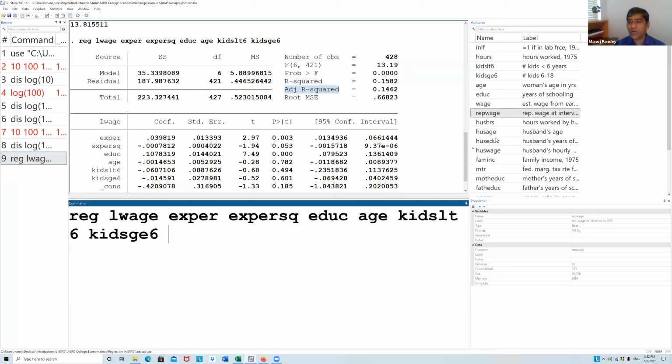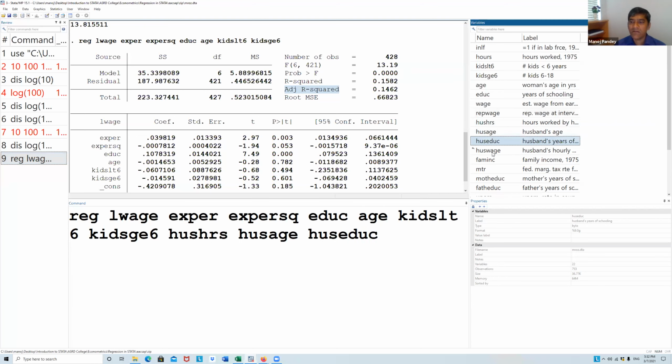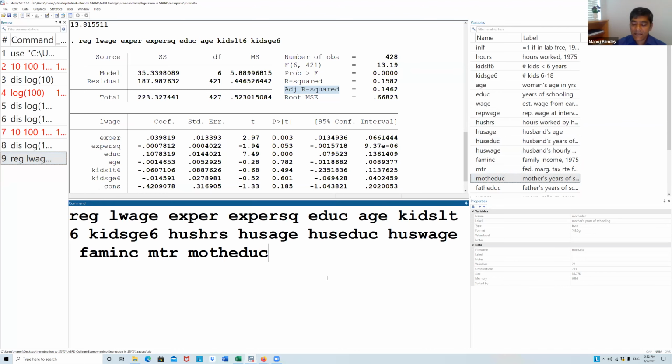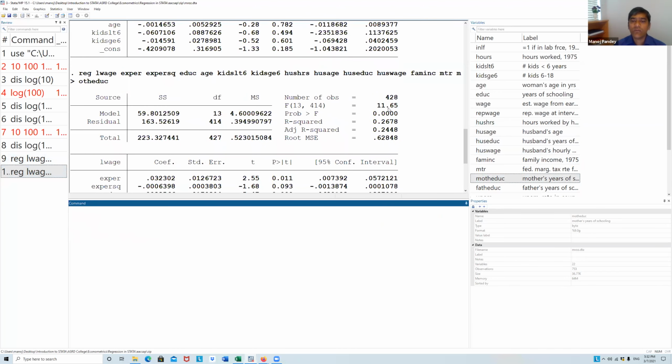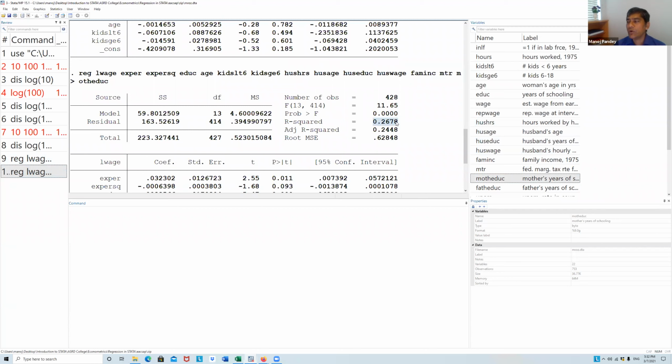If you don't believe me, you can just keep adding any variable, whether it makes sense or not, and you will see that R square is more than before. Now R square becomes 0.26. So when you just keep putting any nonsense variables into the model, R square keeps increasing. So it can be misleading.